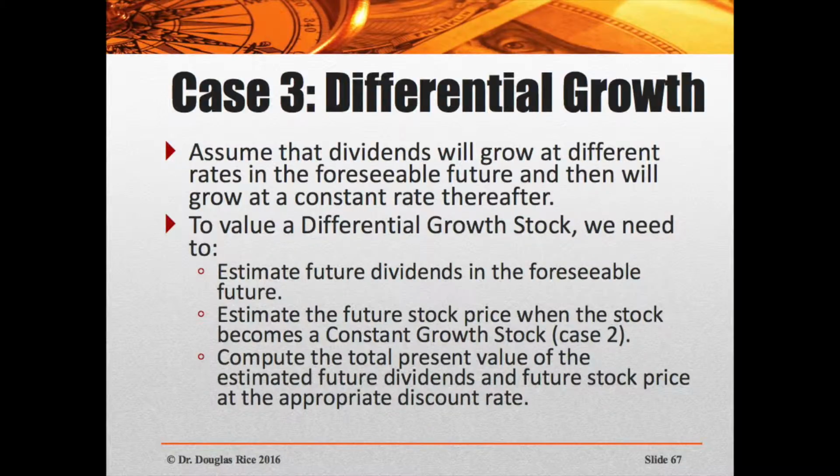We need to kind of break it into pieces. First thing, we're going to assume that dividends will grow at different rates for the foreseeable future, and therefore we will not be able to use the constant growth rate for the whole thing. At one point we can, when it matures. In addition, for a differential growth rate stock, we need to estimate future dividends in the foreseeable future. We need to estimate the future stock price when the dividends will become constant growth, and we need to compute the total present value of both the expected future dividends and the future stock price